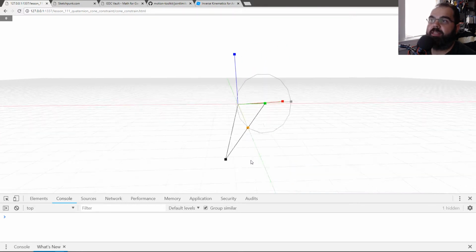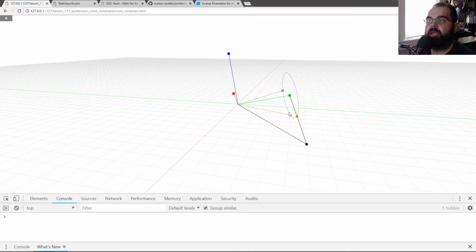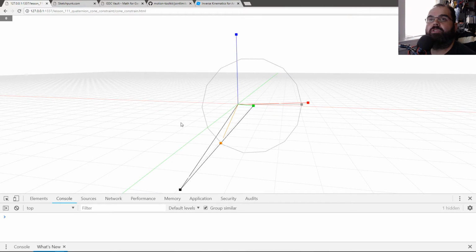Using that new point as a look at target, I tell the Quaternion to look at this point in space, and it creates the orange line. Now this black line, which was the original Quaternion, has been constrained to this cone space, which has been transformed into this orange line. And that's essentially how I took everything